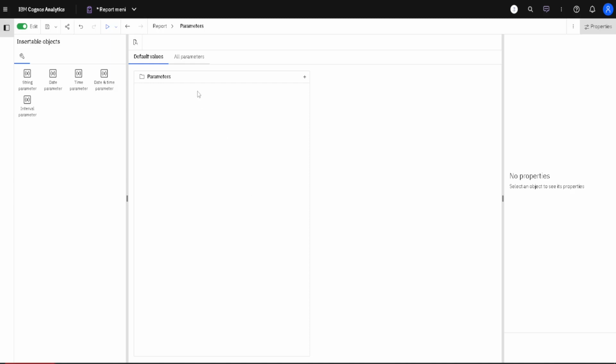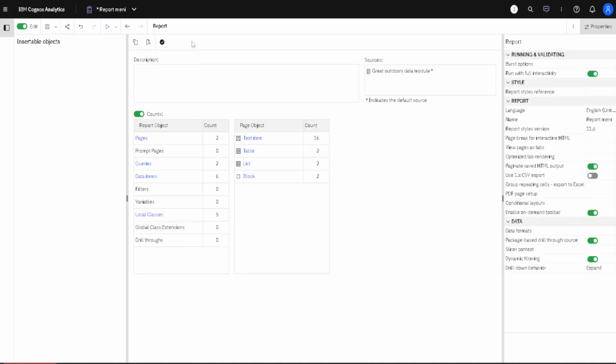The last thing in our report menu is this option report. If I click here, we will see some options that will affect the entire report, and I will show you just one of those options. Here we have the option view pages as tabs, and this is what we can choose here. So no is the default, and when no is selected, and I run this report in HTML format, I will